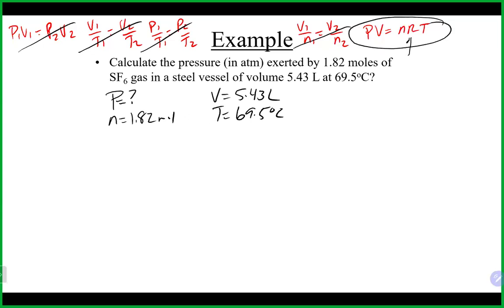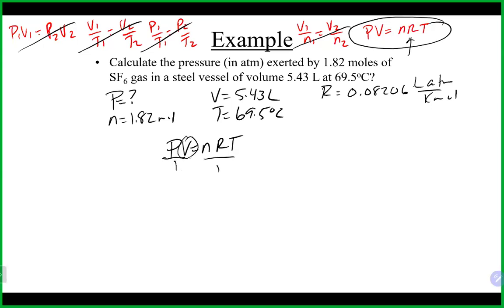Reminder, as I mentioned, very much like this problem, R is never usually given to you in the problem or even mentioned most of the time. So remember that is always a value that you have, and you do need to know it. 0.08206, or 21 if you want to use that version of it, it's okay. So we do want to then think about PV equals nRT. Obviously here we are going to solve for P. Once again, they're not really written as a fraction, but same sort of thing applies. We want to take the volume to the other side, so it will end up on the bottom, by dividing it to the other side. That will give us P is equal to nRT divided by V.